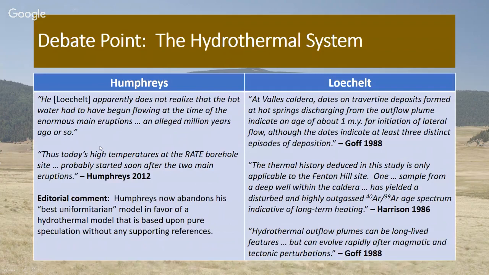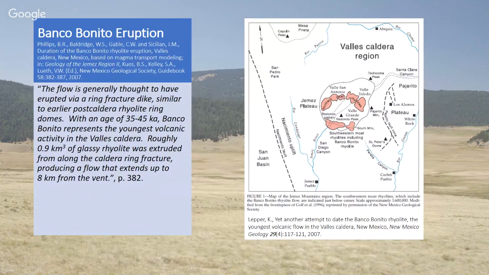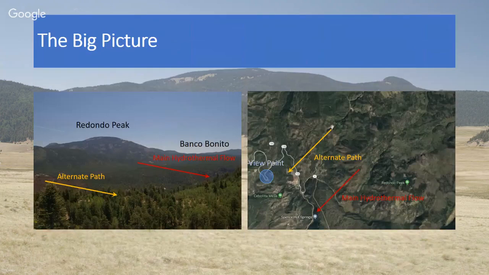So that ties things back to an identified geological event. And I just want to show you the big picture. These were photographs. Well, this is a satellite, but this is a photograph that I took in 2011 from this viewpoint. Fenton Hill, for reference, is right here. So San Diego Canyon is along Highway 4, and then you take the branch, Highway 126, up to this viewpoint. You can see basically the edge of the caldera there, Redondo Peak.